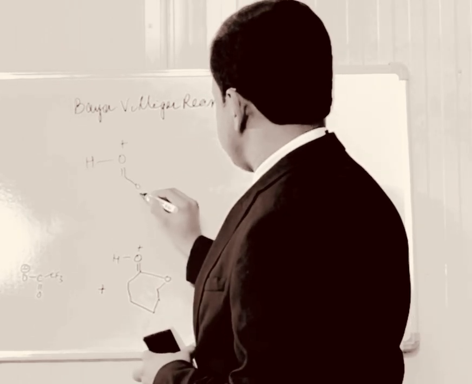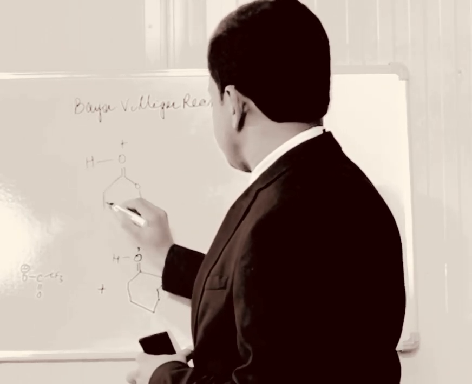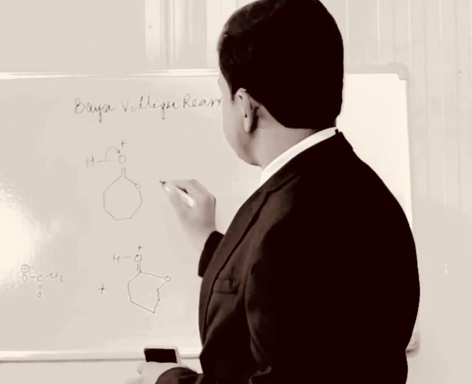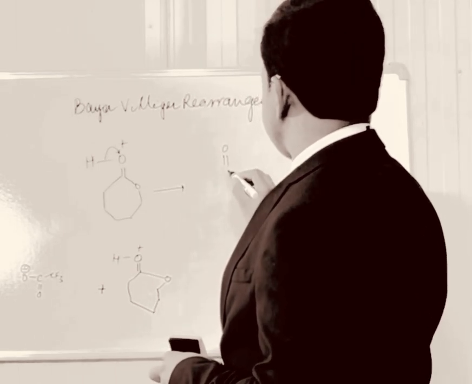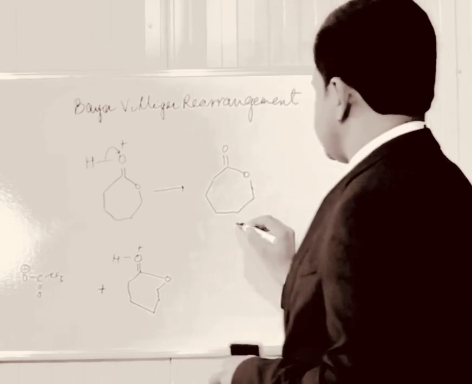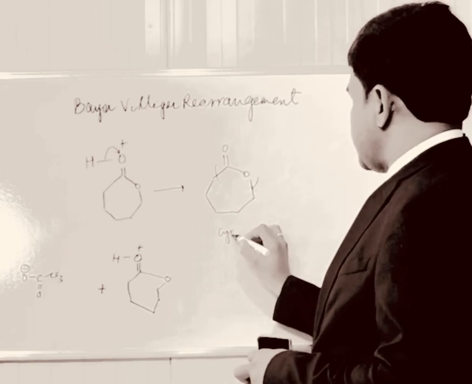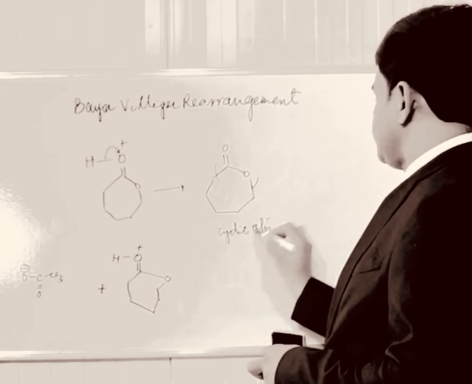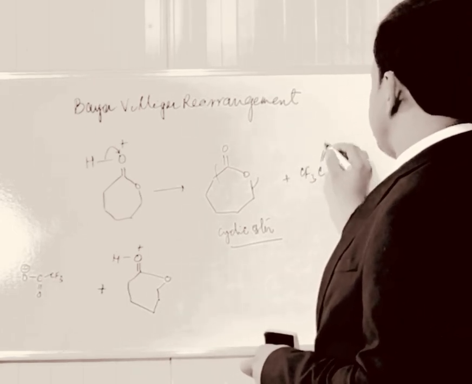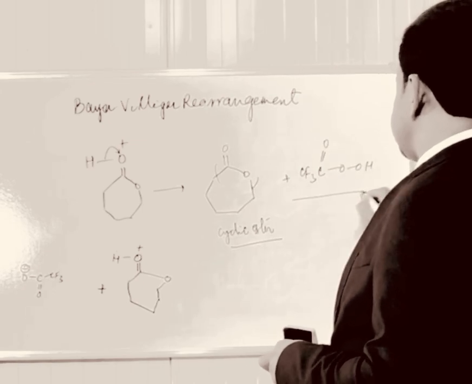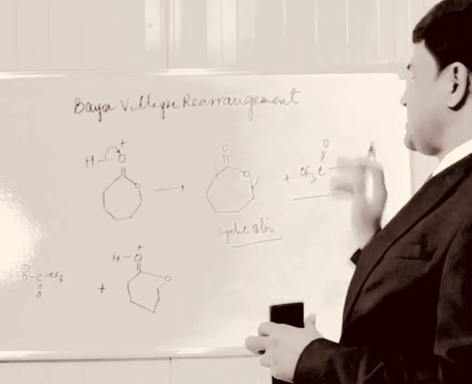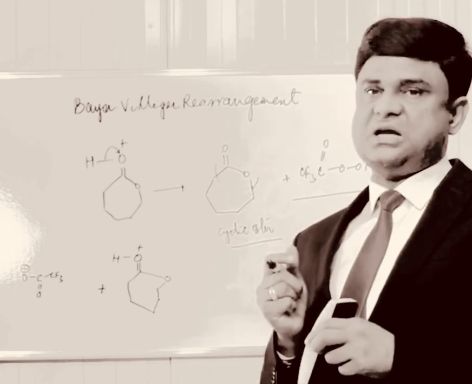Like this one, 7-membered, and this bond is shifted here, and the formation of an O double bond, this one, O here like this. This is an ester, plus this one, CF3COOH. So this is a simple reaction in which formation of an ester takes place,